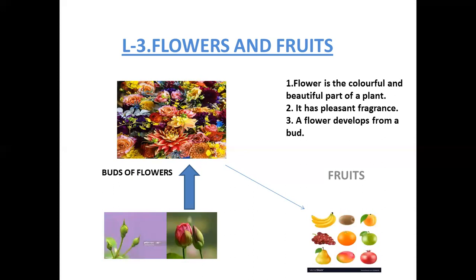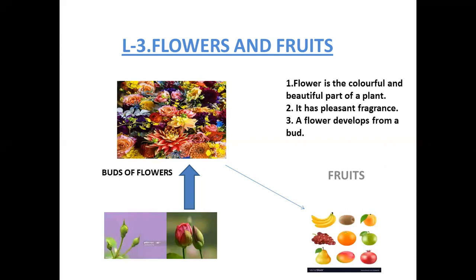I said already, how our body is covered with the skin. The internal parts of the body are protected by the skin. Like that, the green leaves of the bud help to protect the flower and help it to bloom into a flower. So these leaves protect the bud and help it to bloom into a flower. Here in this picture, we can observe that the flower is growing from its bud and the buds are covered with green leaves.